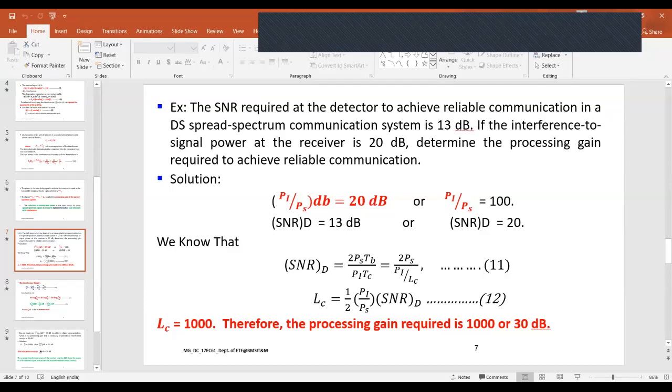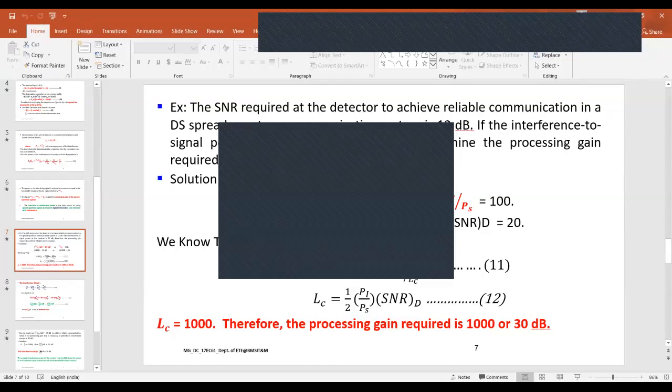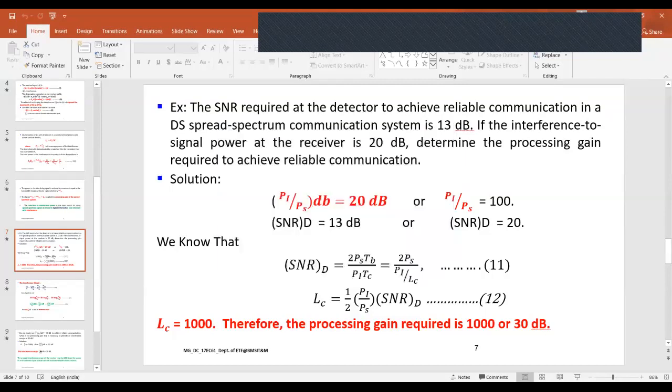Again, I'm doing some rearrangement. Tb by Tc is nothing but Lc, so I can write that as 2 times the signal power divided by the interference power, divided by Lc. Lc is the processing gain. To calculate the processing gain, I need to rewrite this equation in terms of Lc. So Lc is equal to 1 by 2 into Pi by Ps into